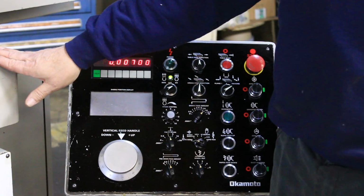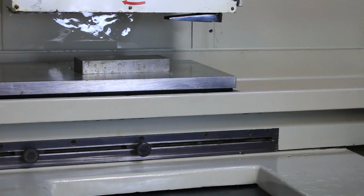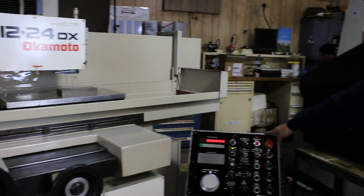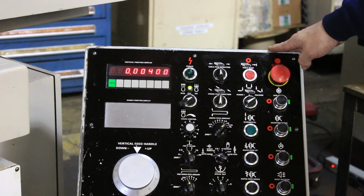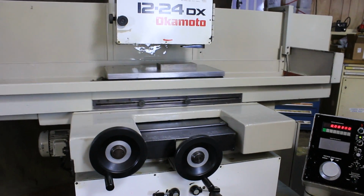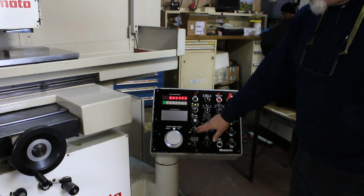The amount that this slide moves in and out is adjustable by 2 sliding dogs on the left side of the saddle. Now we're down to 500. And when we get to 1,000 before final size, we're going to switch from our coarse in feed to our fine in feed. And that value is set here at